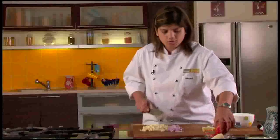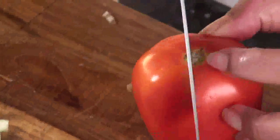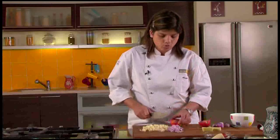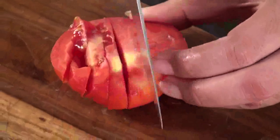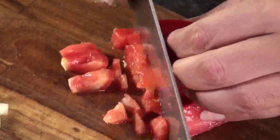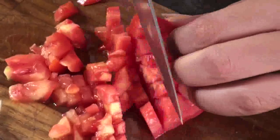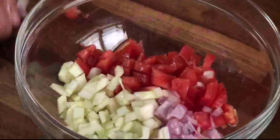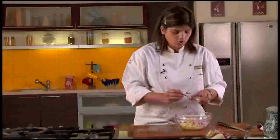Now let's cut tomatoes. For tomatoes, your knife has to be very sharp, because if you don't have a sharp knife, the tomatoes will not get chopped, it will get squeezed and squashed. Okay, so here we go. We'll put all of this in one bowl. To this, we'll add some salt